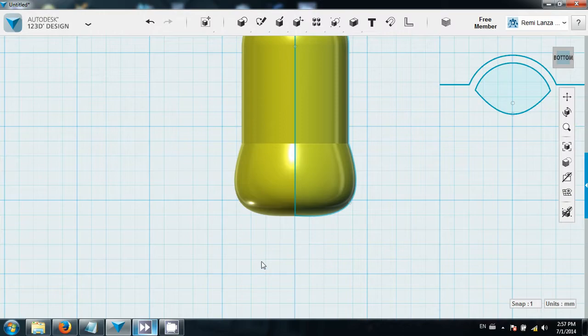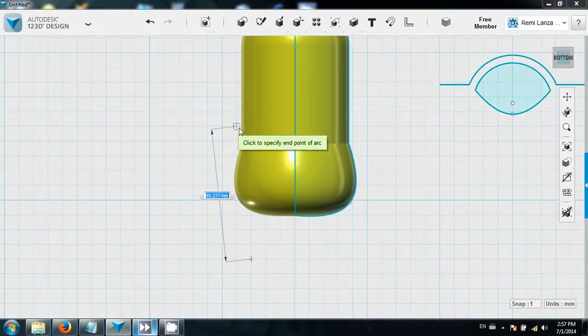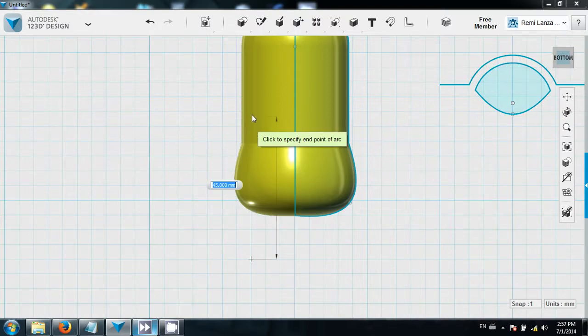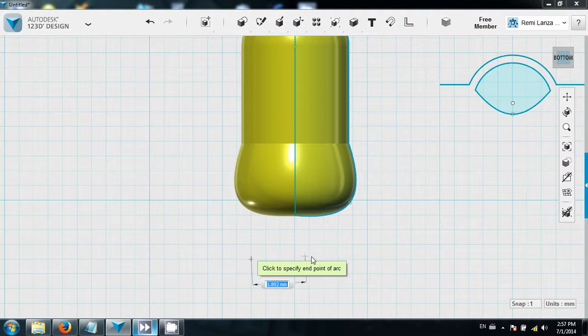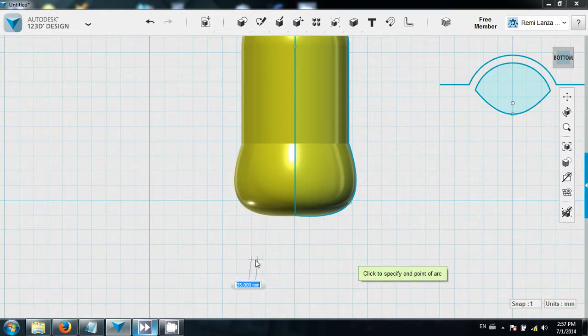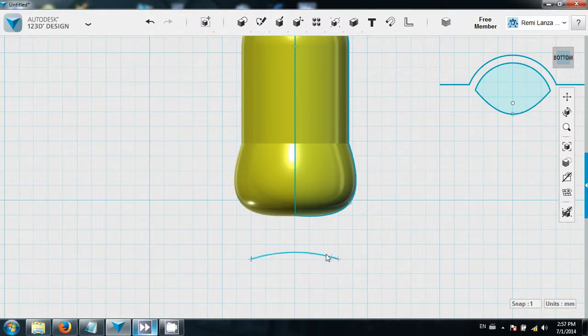So the arc is gonna go, it cannot be outside the model. It has to be a bit inside here. So if you go about there and then put the endpoint at the same as here, so you can see I have 3 squares to the center line. So I will go 3 more squares here, and then maybe this high. Okay,